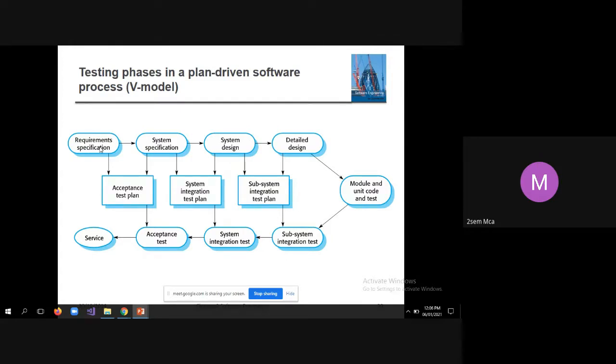Now in the V model, what we can do is, as soon as the system requirement specification is done, the testers can start designing acceptance test cases. So what are these acceptance test cases? They check whether the software can be accepted or not. See here, you have all the requirements, what is to be implemented. By looking at that, you design the test data to check the functionality.